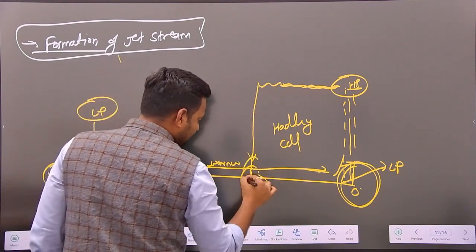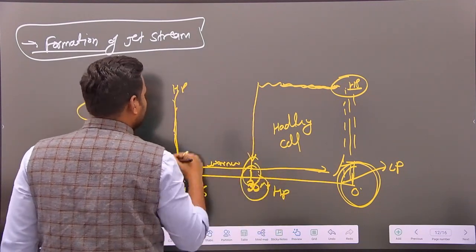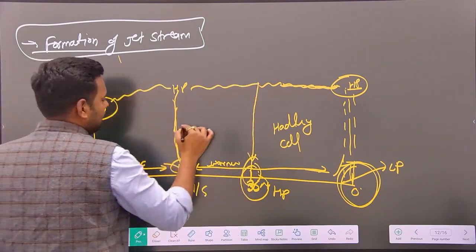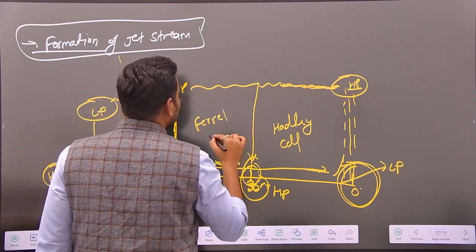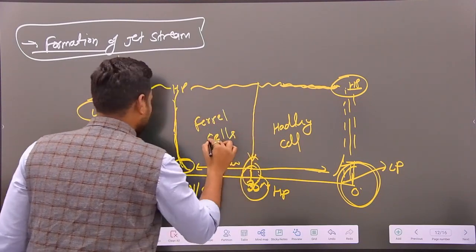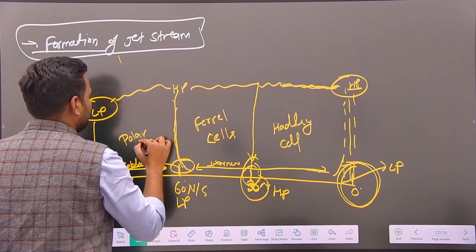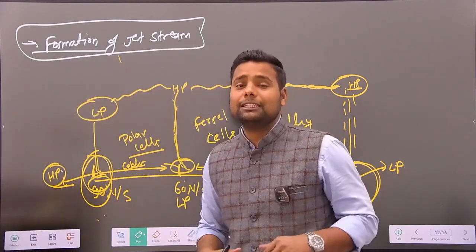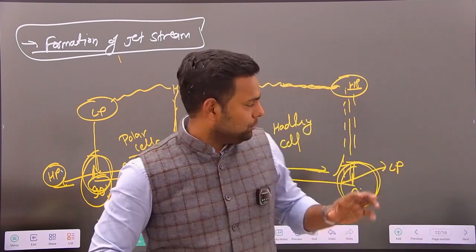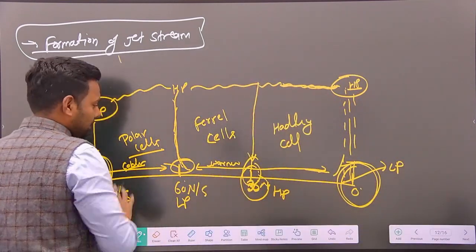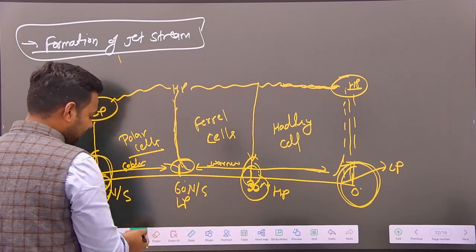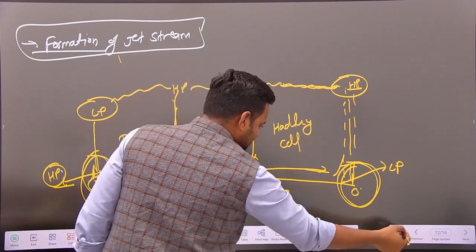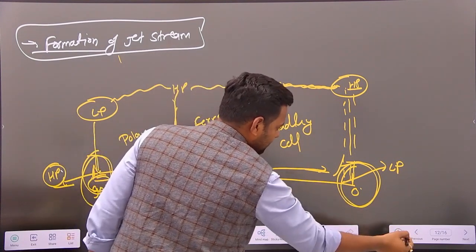And when there is a high pressure, winds move like this, and winds move like this, and this is called the Ferrel cell, and this is called the polar cell. I hope that is clear, because I presume that you all are familiar with these terms. It is called the tricellular model of air circulation. So, where are the jet streams formed? Let's discuss.